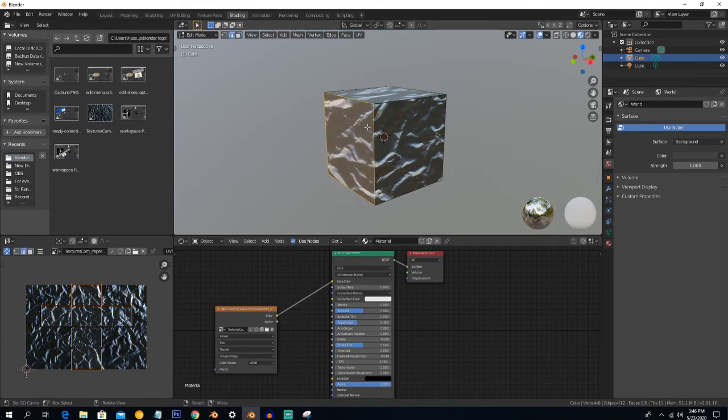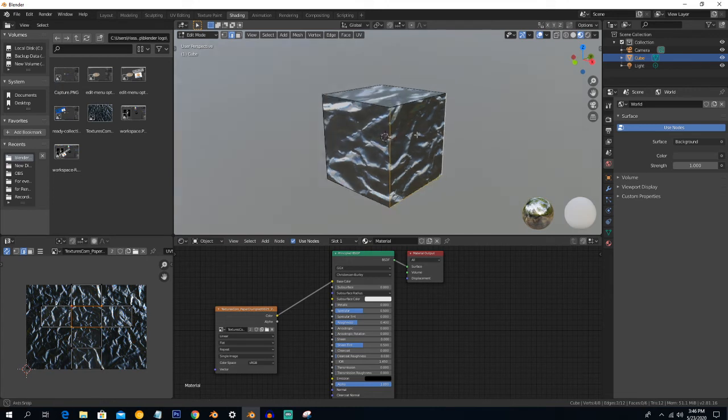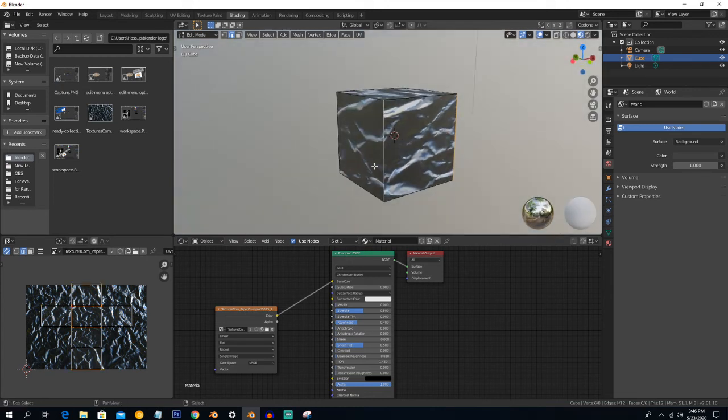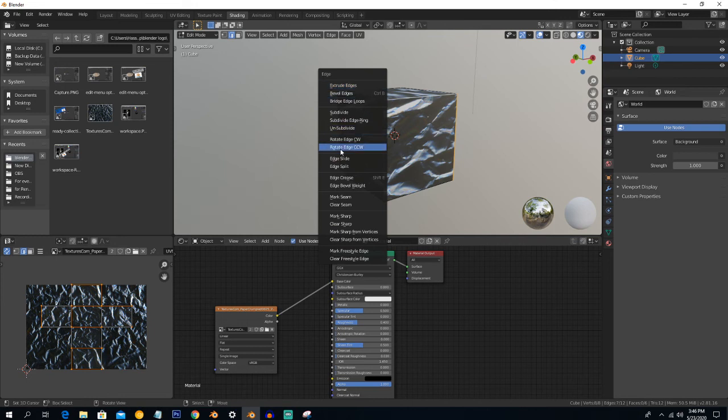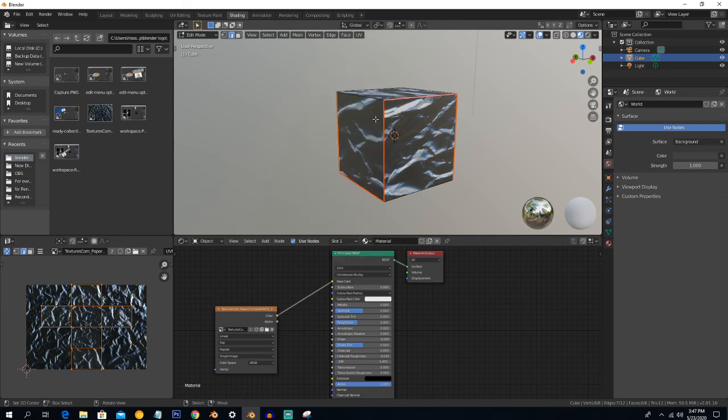In edge select mode, for example, I select these three edges here and these three edges here, and this one here, and then Control plus E and mark seam. You can see this red line, the mark seam is done. Now Blender will cut the cube with these reference edges.